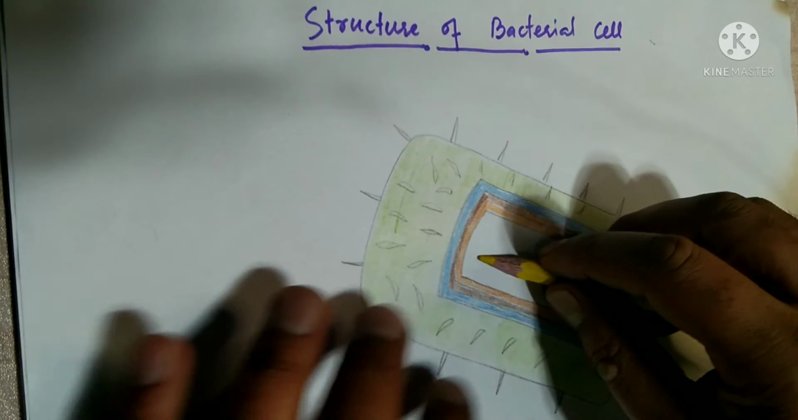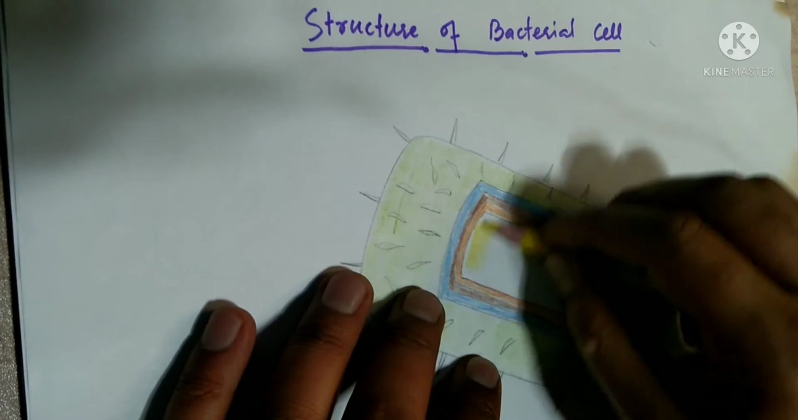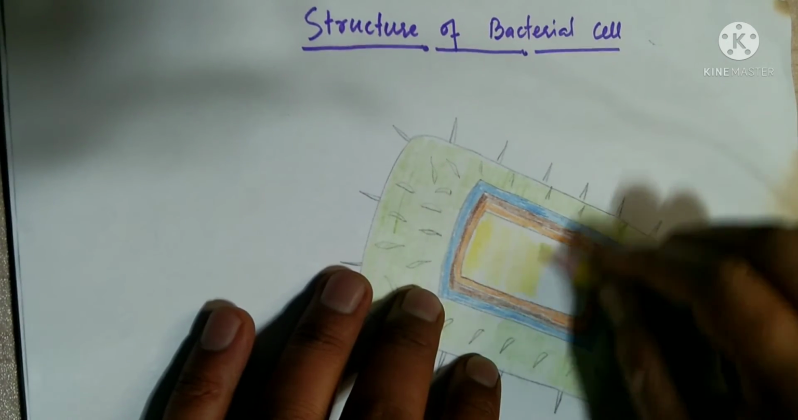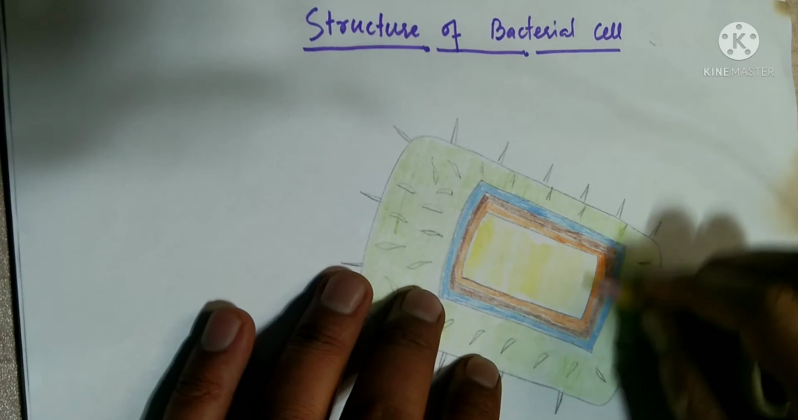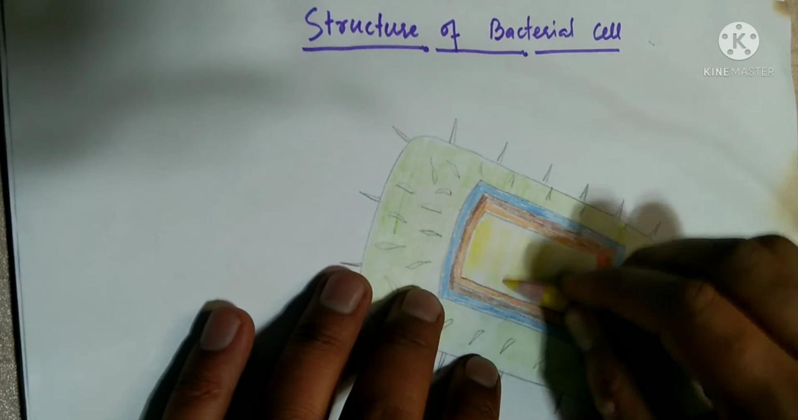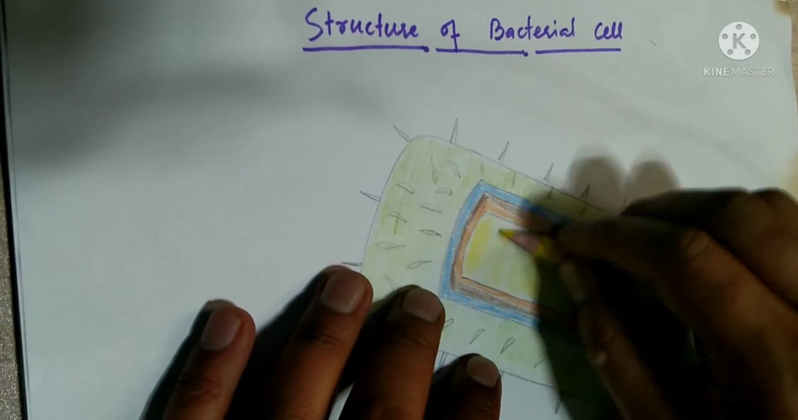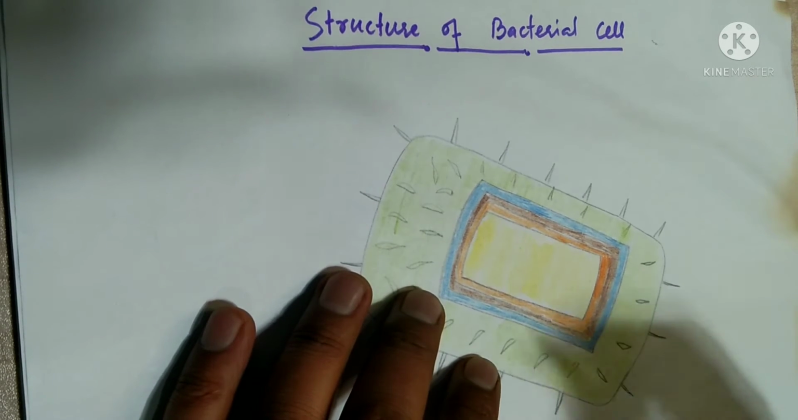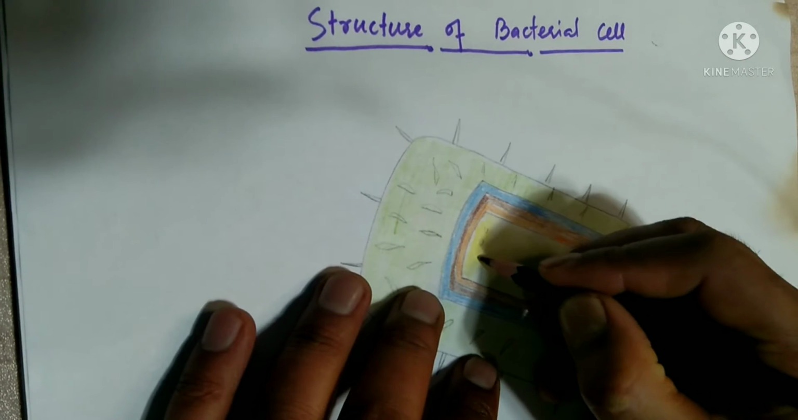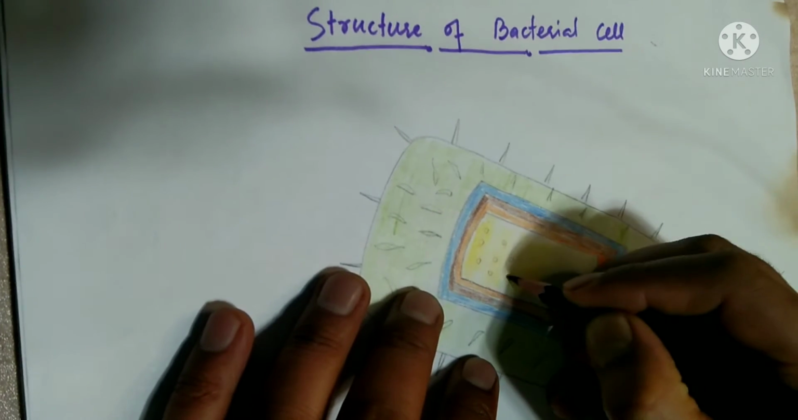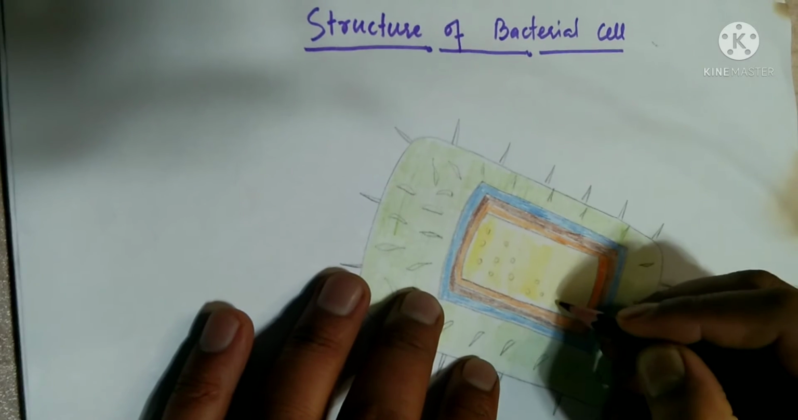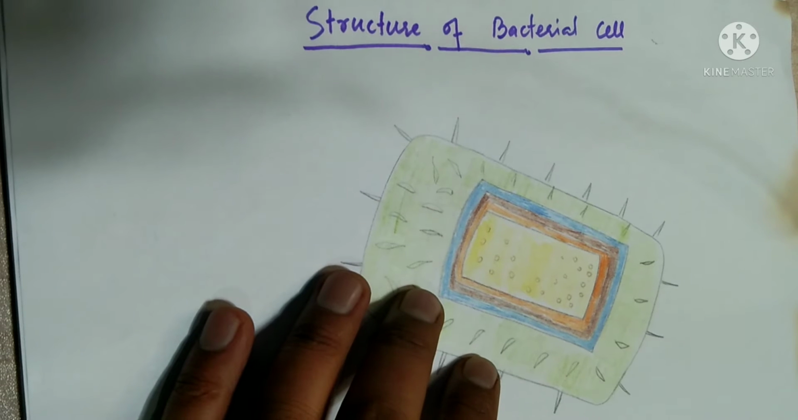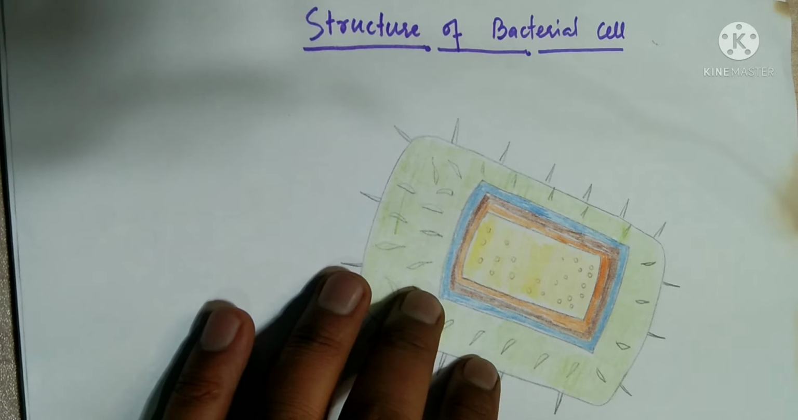Now inner to this there is the cytoplasm. I'll make use of this yellow marker. This yellow portion is called the cytoplasm, which contains many spherical structures. They are called the ribosomes, and